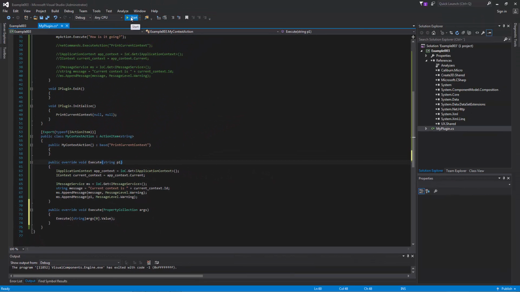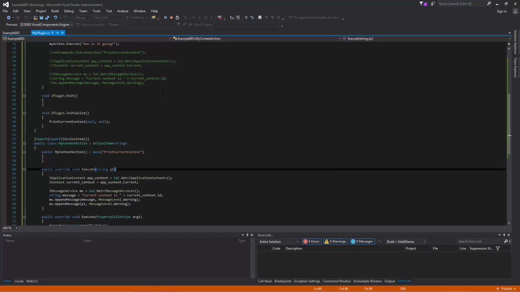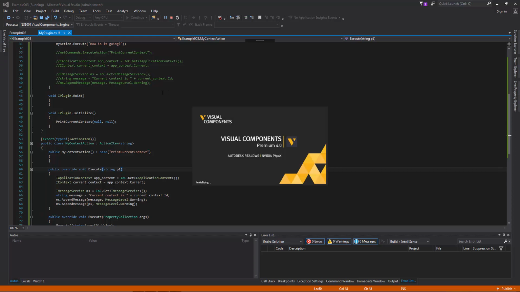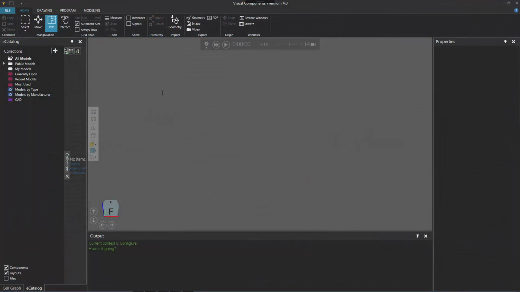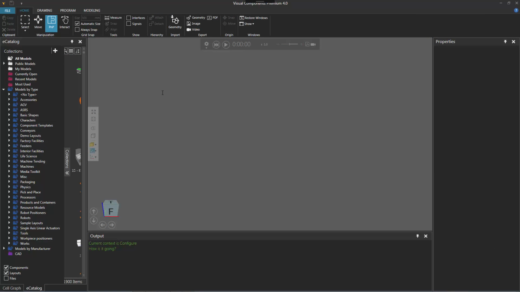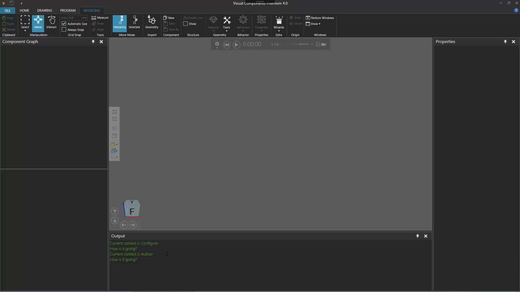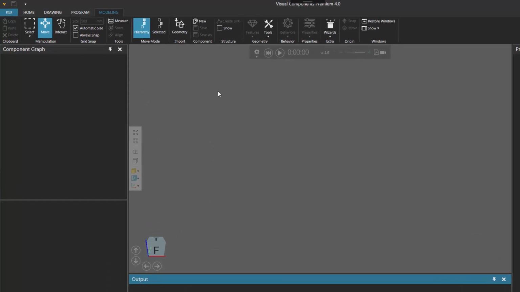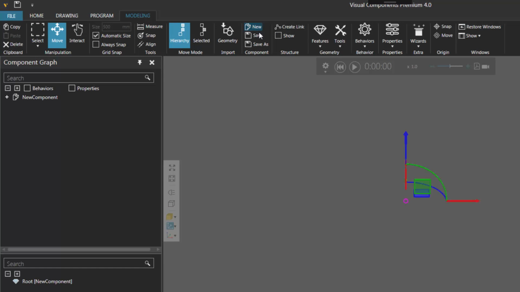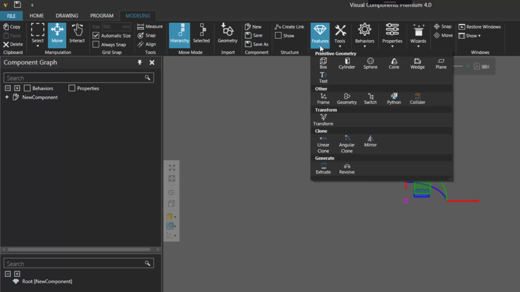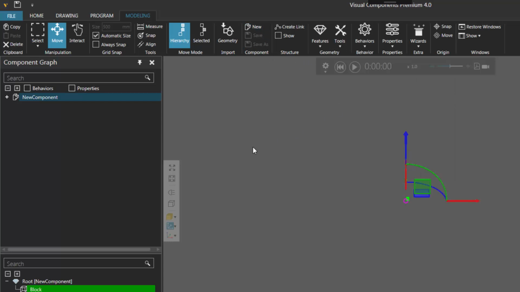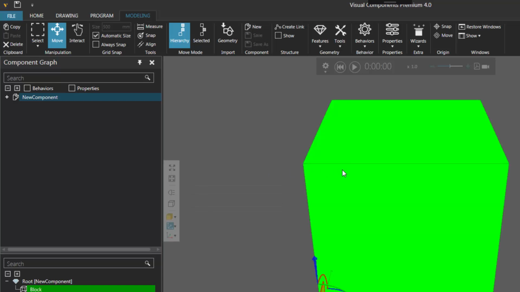I'll go ahead and start debugging. And we'll just wait for the software to load up, and then we'll start creating a Python script. So the software is loaded up. Now, if you don't have access to the modeling tab, you need to create a Python command to test this for yourself. But I do have access to the modeling tab, so I'll go there now. And we want to clear the output panel. And now let's create a new component. And I'll go to the geometry group and click the features arrow just to give it one block feature and zoom in. So there's the component.